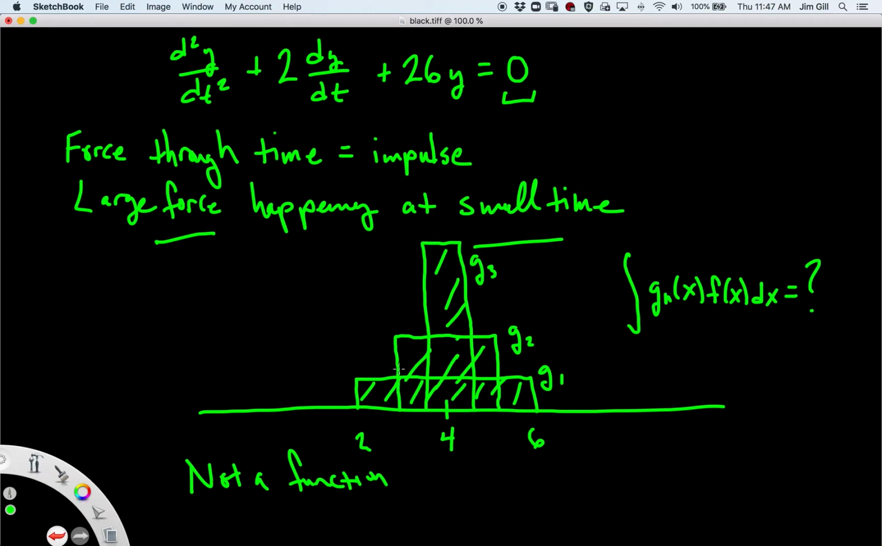When we integrate over g2, we integrate f over 3 to 5, and then we multiply by half. Well, that's exactly the average value of f over that interval. And so we're averaging f over smaller and smaller intervals when we integrate by this function gn. And so the limit as n goes to infinity of integrating our function f